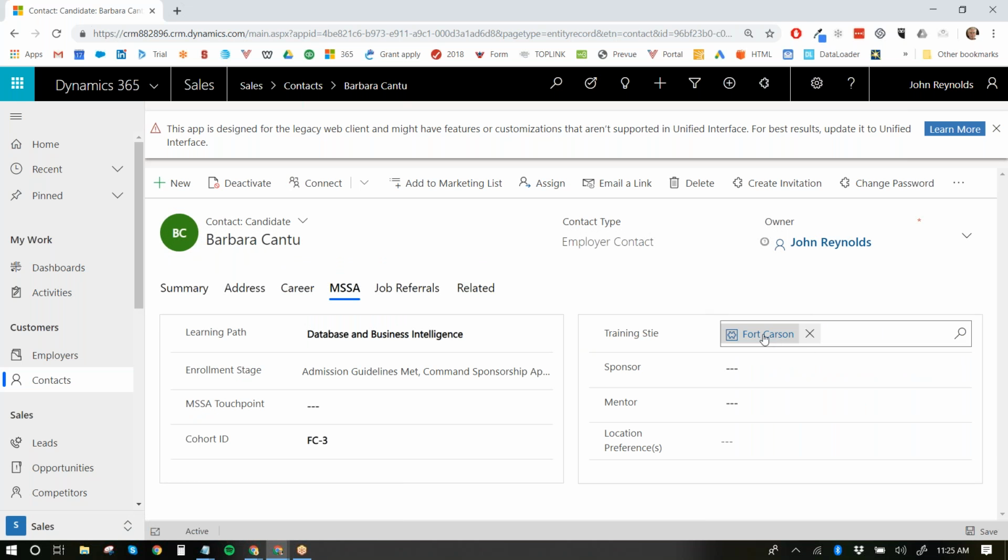We have the training site, and the way I'm getting to this is I go into the MSSA record and look to the training site. If there's not one in here, you can always create a new one. But just go into any training site.